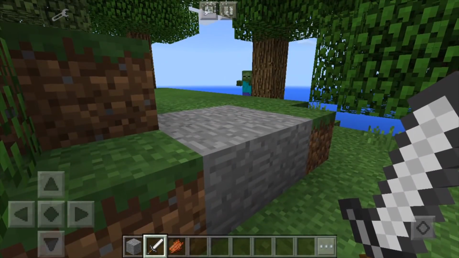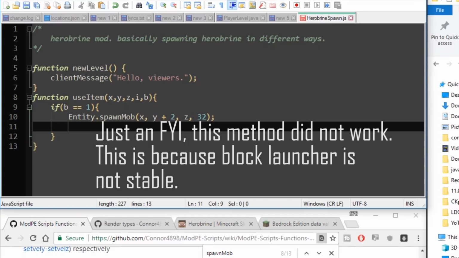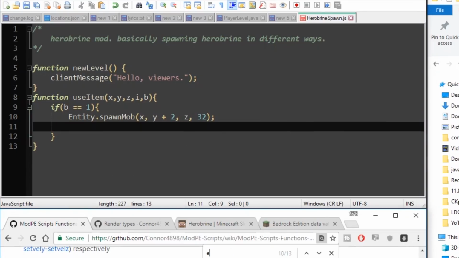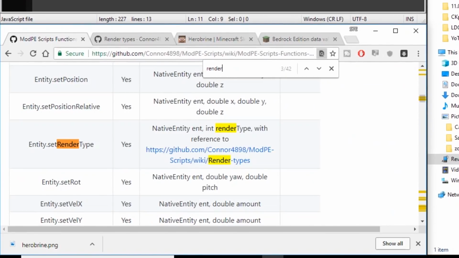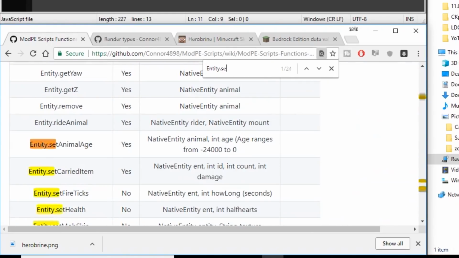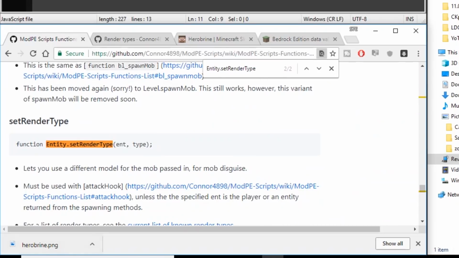Okay, so now I'm going to render the mob as a player. So the zombie is going to look like a player now. If I go to render, set render type, entity.setRenderType, this is the function I'm going to use to make the zombie look like a player. And the entity is going to be, actually I need to